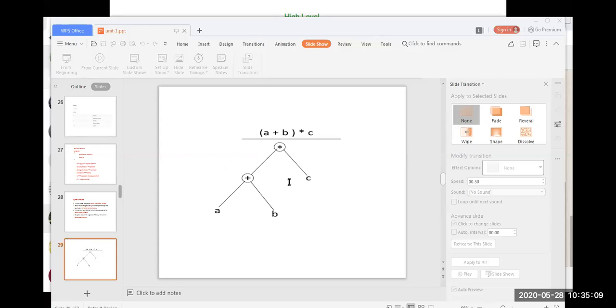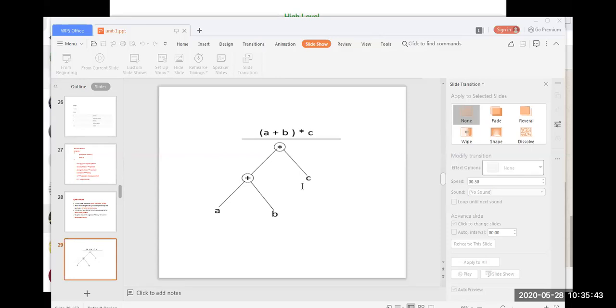While constructing the parse tree, if there is any syntax error, it will identify those syntax errors. Can you give me examples of syntax errors? Which errors are called syntax errors? Can you suggest? Yeah, exactly. Spelling mistakes. For example, if you take the main method, the spelling must be